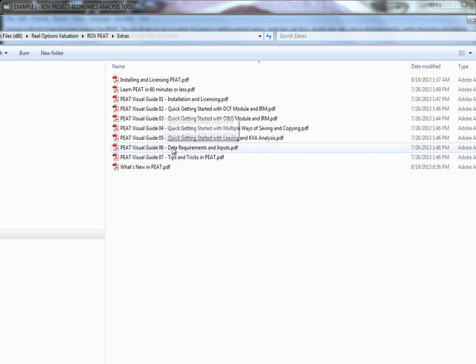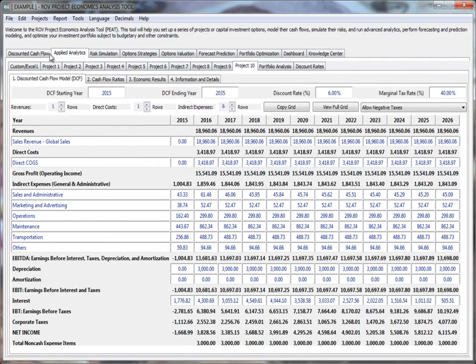And also visual guides, which are just screenshots of different things, and it explains to you what is being done, how you would navigate, do some calculations and the results and so forth. And if you're a user of an older version of PEAT, it will tell you what the latest version actually comprises in PEAT 2013 and future versions as well. So certainly something that you want to go to